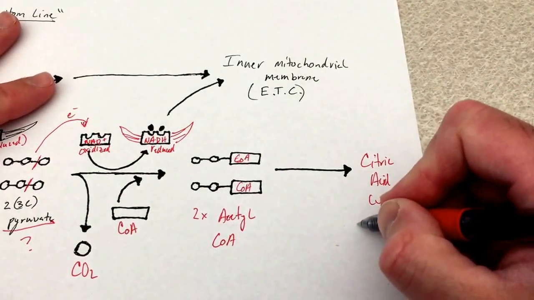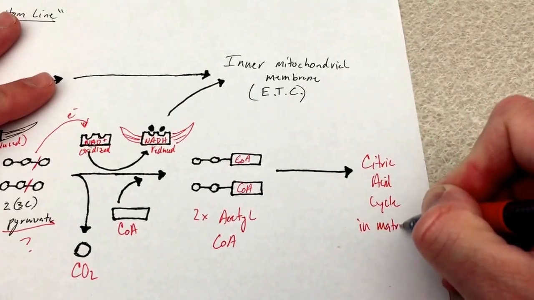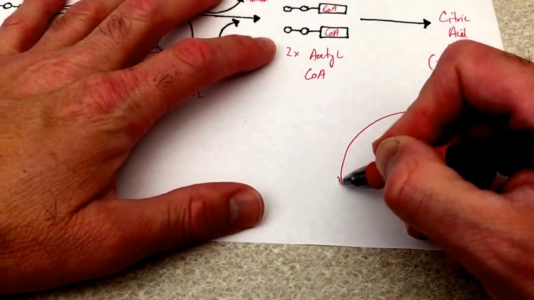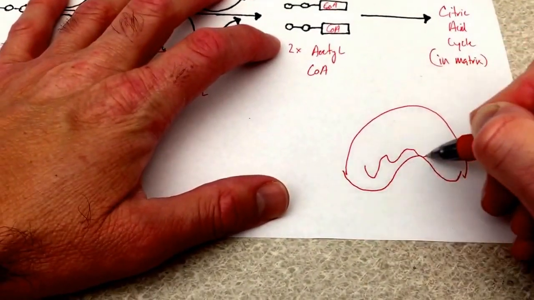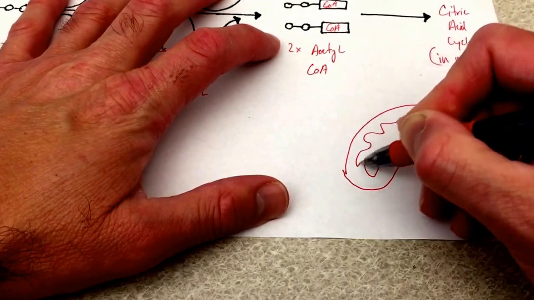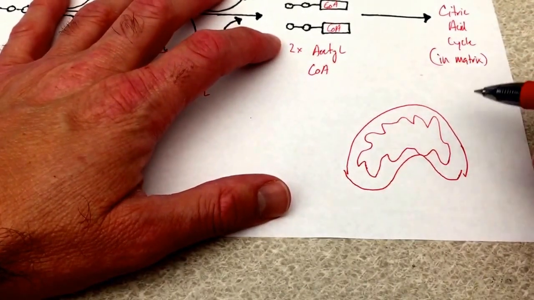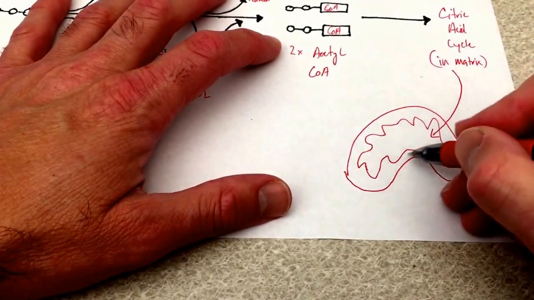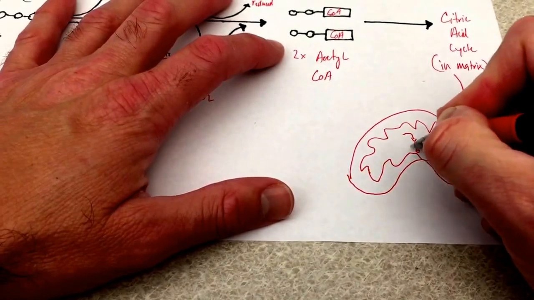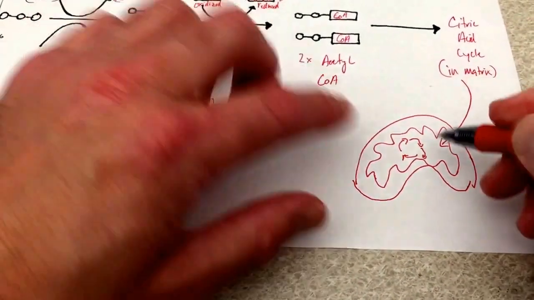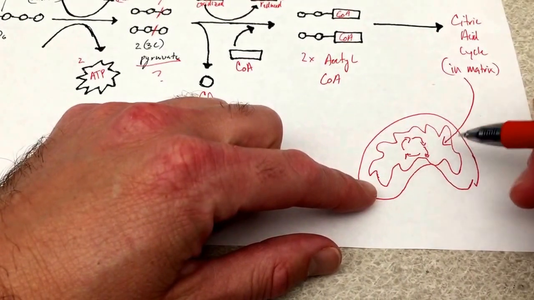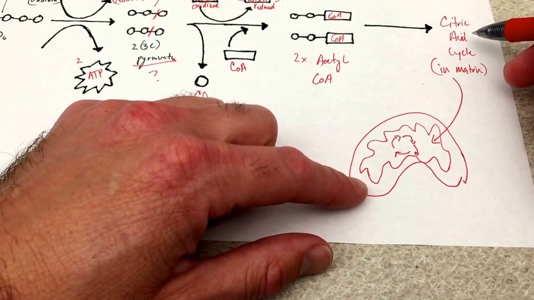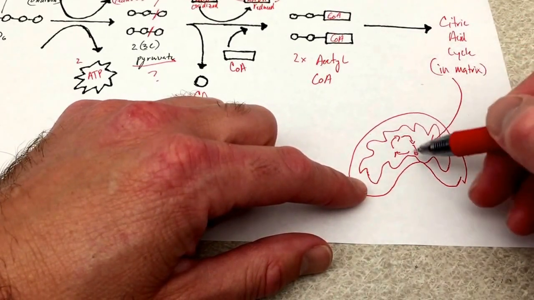Now, where does the citric acid cycle occur inside of the mitochondrion? It occurs in the mitochondrial matrix. So remember the mitochondrial matrix? If I draw a mitochondrion like this, kind of kidney bean shaped, we have the outer membrane, we have the highly folded cristae of the inner membrane. Well, the citric acid cycle is carried out inside this inner compartment, inside of this inner membrane. This is called the matrix space, and there are enzymes there that carry out these citric acid cyclical series of